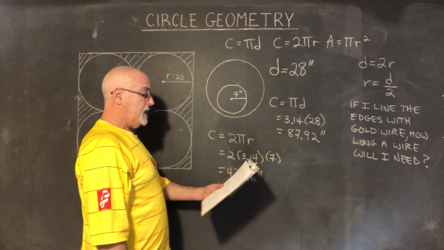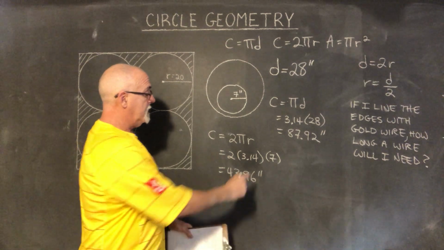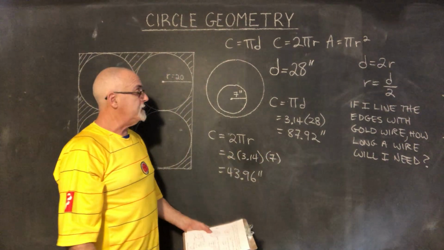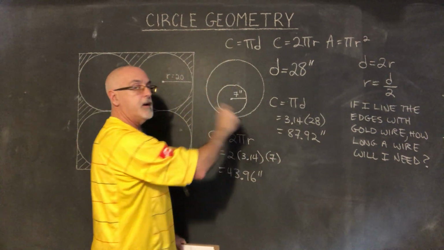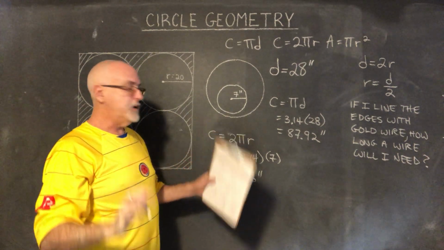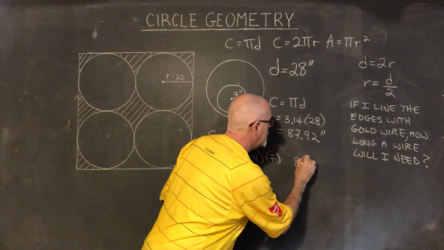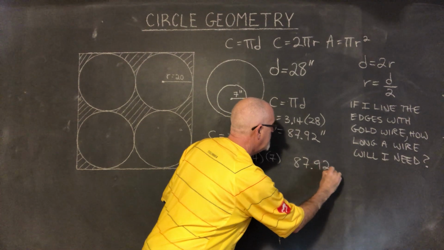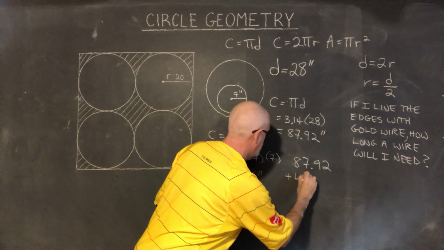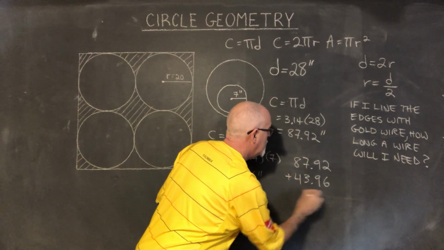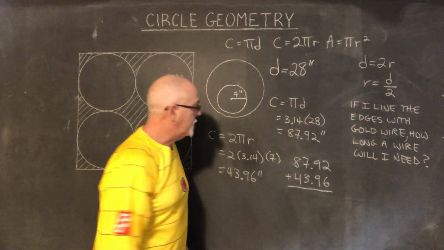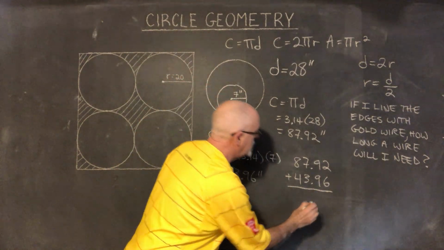inches. Now all I have to do is add together these two circumferences and it will tell me how much wire I need altogether for my art project. So 87.92 plus 43.96. Of course I can do this with a calculator if I want, but I can also practice my adding